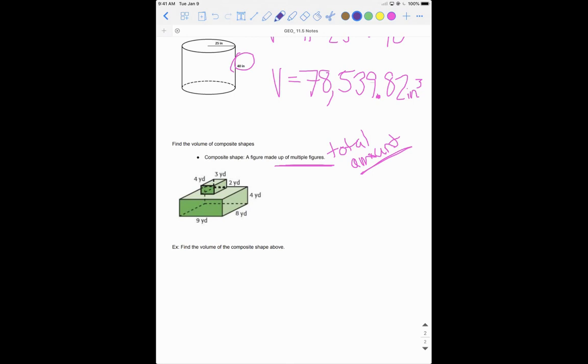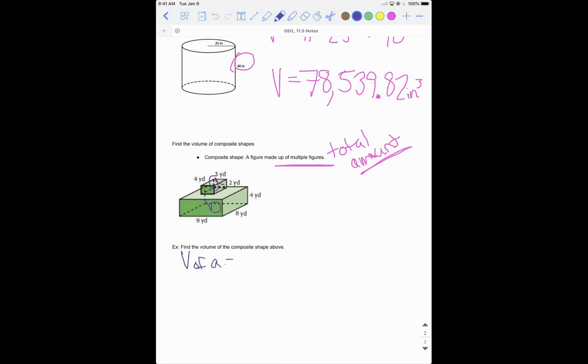And so whenever you have this, you want to take and look at both pieces. So here, if we want to look at both, we need to find the area of that top, or sorry, we're talking about volume, right? We want to find the volume of that top shape and add it to the volume of this larger shape. So let's do that. So let's call this A, and this shape will be B. So volume of A